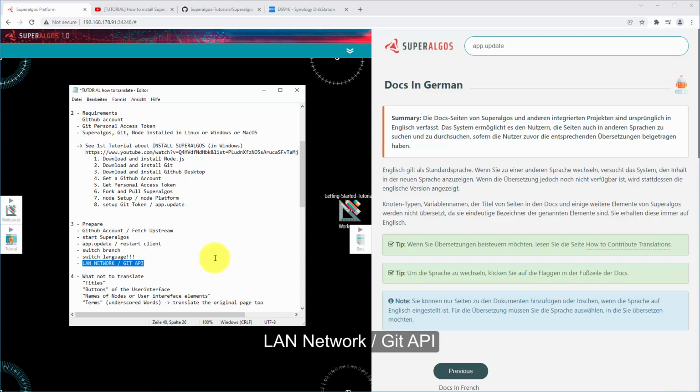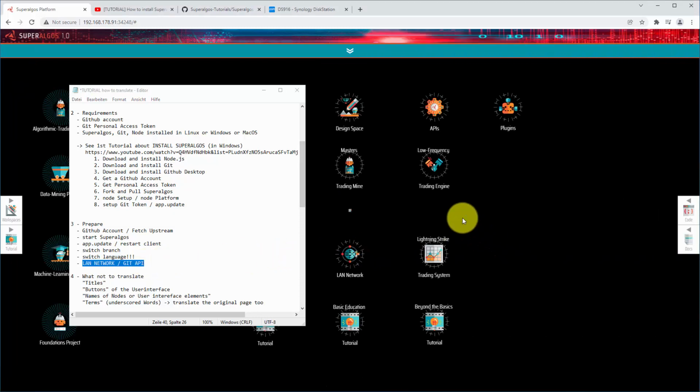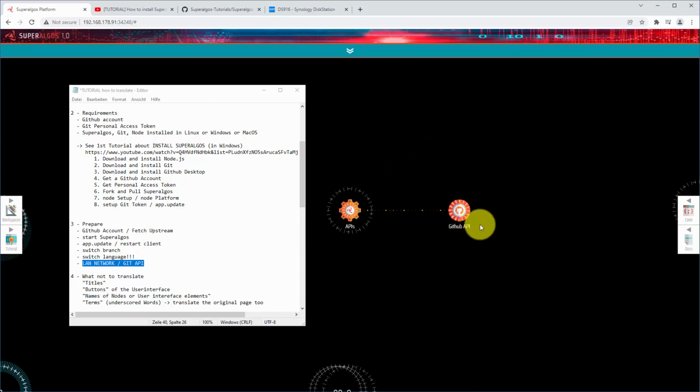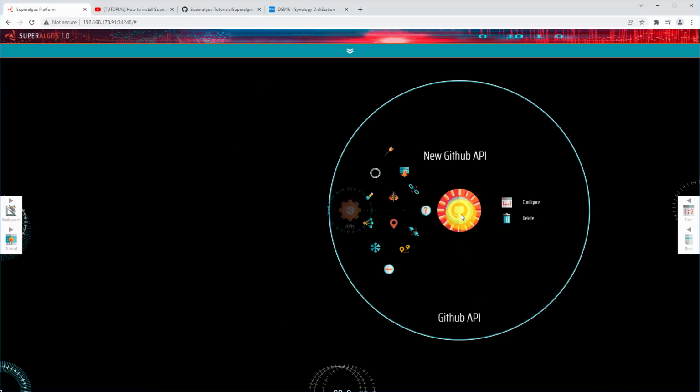Next step, setup of the GitHub API. Right-click anywhere in the black on the workspace and hover over the APIs node. If the GitHub API node doesn't show up here, hover your mouse over the new APIs node and click on the plus icon. And then hover over the GitHub APIs node and click configure.